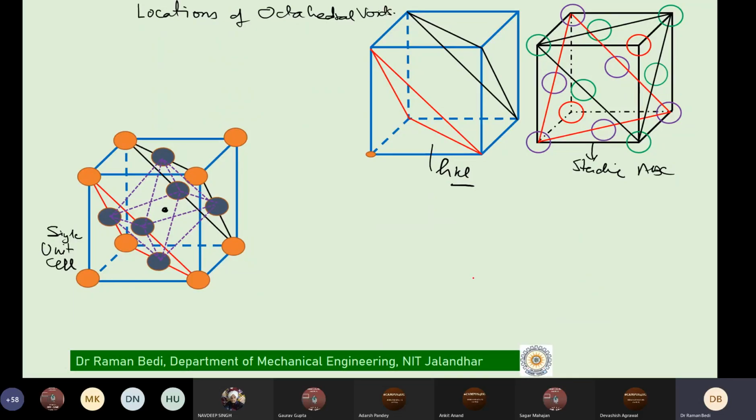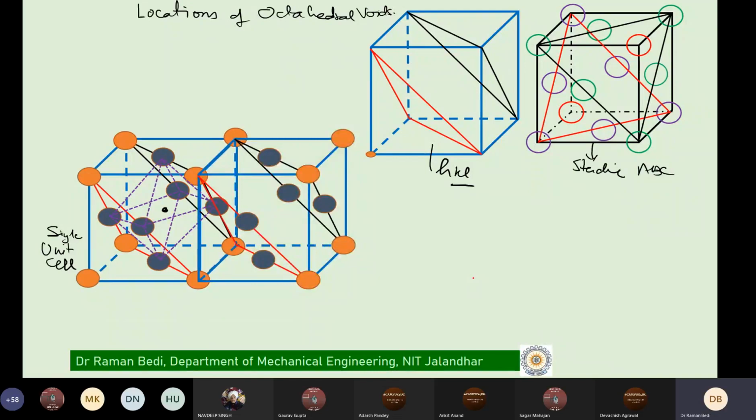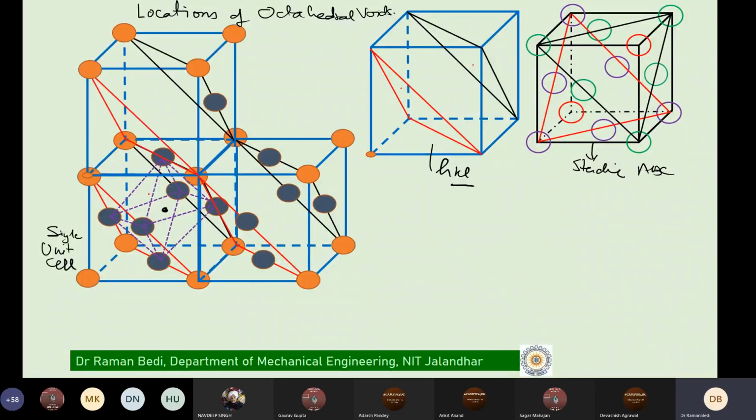Now, if I add one more unit cell here, I have combined two figures now. I am showing the planes also and the location of the atoms also. So let's say I added two unit cells here. Things are not that much visible here. Again, I'll add one more unit cell here. And now it becomes somewhat clear what the other location of the octahedral void will be. You can now see that the one shown with the dotted lines is in the center of the unit cell, whereas you have one more void located here. If you look at this, you have one more place where you will find these voids.